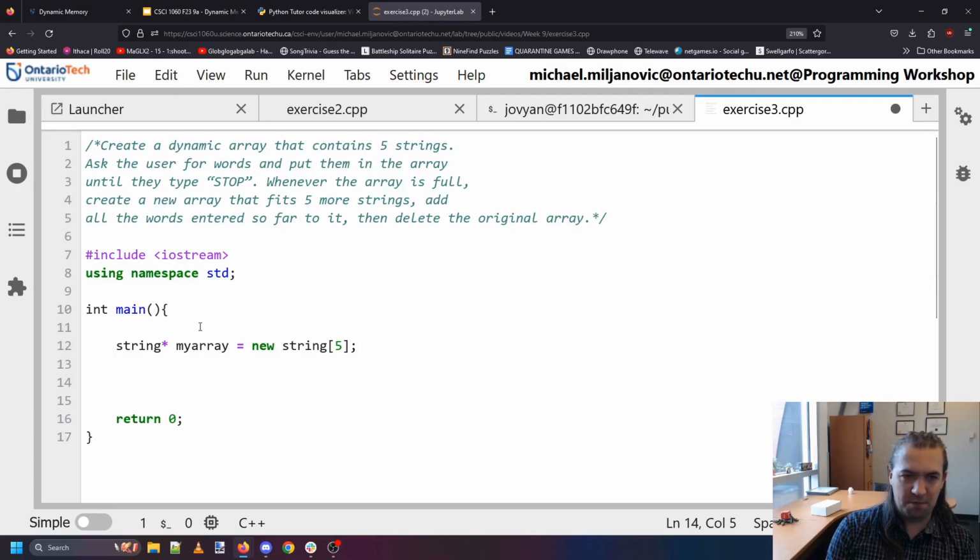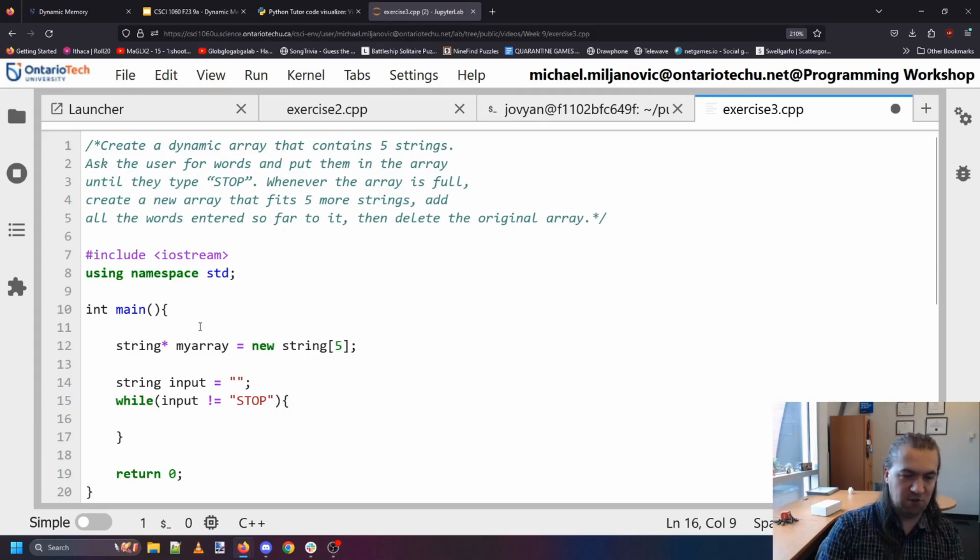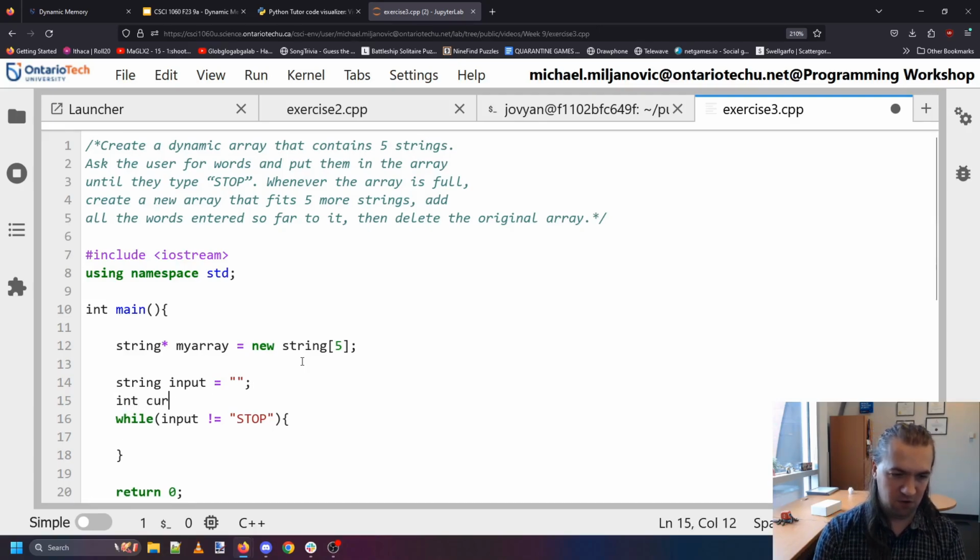Ask the user for words and put them in the array until they type stop. Okay, so string input equals nothing, and while their input does not equal stop, we're going to ask them for words and put them in the array. Now, where in the array are they going to go? Well, I want to start out with position 0, and then 1, then 2, then 3, then 4, and then at some point the array is going to get full, and I'll have to figure out how to deal with that. But first things first, I want to at least be able to put words in the array in ascending order. So we're going to need a current index,